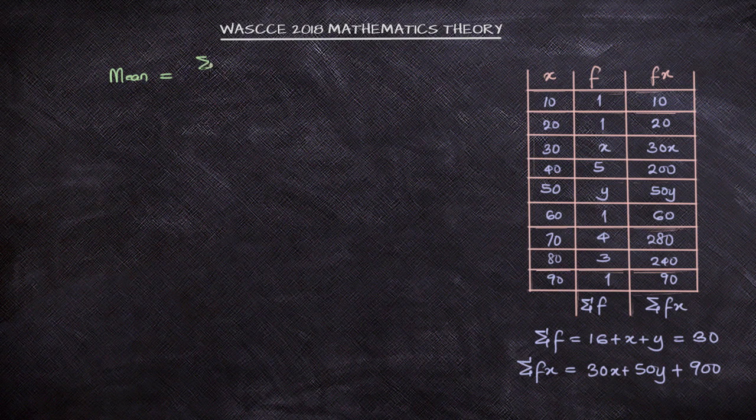For this group data, the mean is sigma fx divided by sigma f. Now, sigma fx we have found to be 30x plus 50y plus 900. Sigma f we have found to be 16 plus x plus y. Now, this mean had been given in the question to be 52. So now, with this new expression, if you cross multiply,